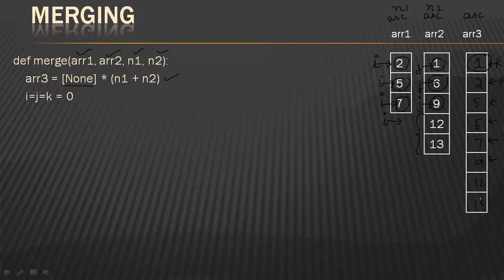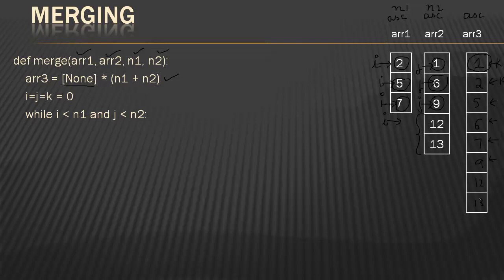Okay, so where did I place I, j and k in this example? I was at the 0th location, j also at the 0th location, k is always going to be 0. I and j were 0 because the smallest elements were at index location 0. How do you traverse an array or a list when you start from the first location? Don't we write this line that you see? I less than n1. Similarly, j less than n2.